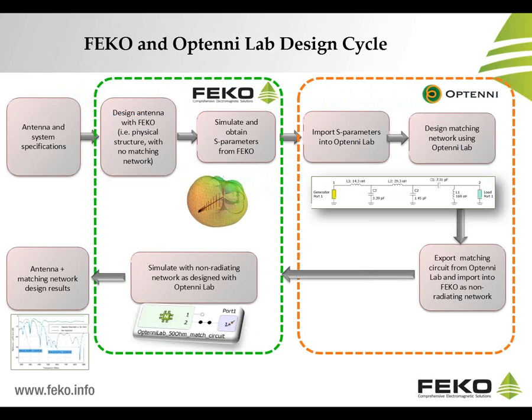So once again, you'd have an antenna system. Maybe you've already used Antenna Magus. You've arrived at FEKO where you simulate this antenna system. You arrive at S parameters that describe the input impedance and the matching impedance match of this antenna. This impedance match or S parameters can then be imported into Optenni Lab, where you design a matching network of passive components, such as the one shown here, before you once again export this matching network in S parameter format